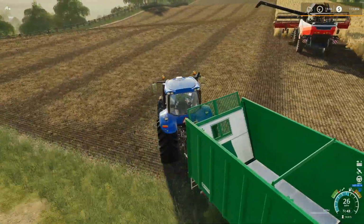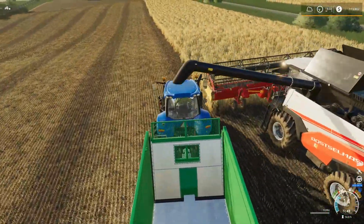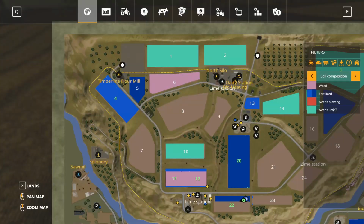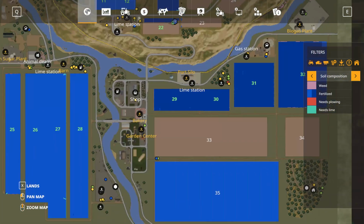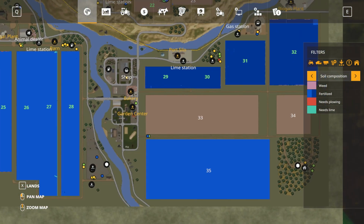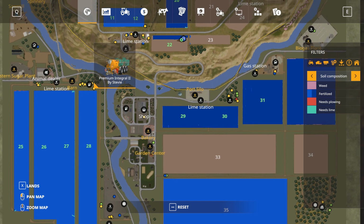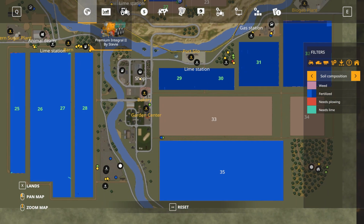Now, if you also remember, I did take the contract in field 35. And man, I keep banging my head. So if you missed it, field 35 is down here in the south. This big old field. I took a contract for $100,000, which is pretty big because I'm playing on hard economy here. So $100,000 contract, but it is potatoes. The problem I have is I need my Volvo truck quite often because I need to do some slurry injecting on these fields over here. So I'm going to be bringing the trailer over, and this injector right here is what we're using. So I need to fill up often. So I'm going to need my truck there. The problem with the potatoes is,